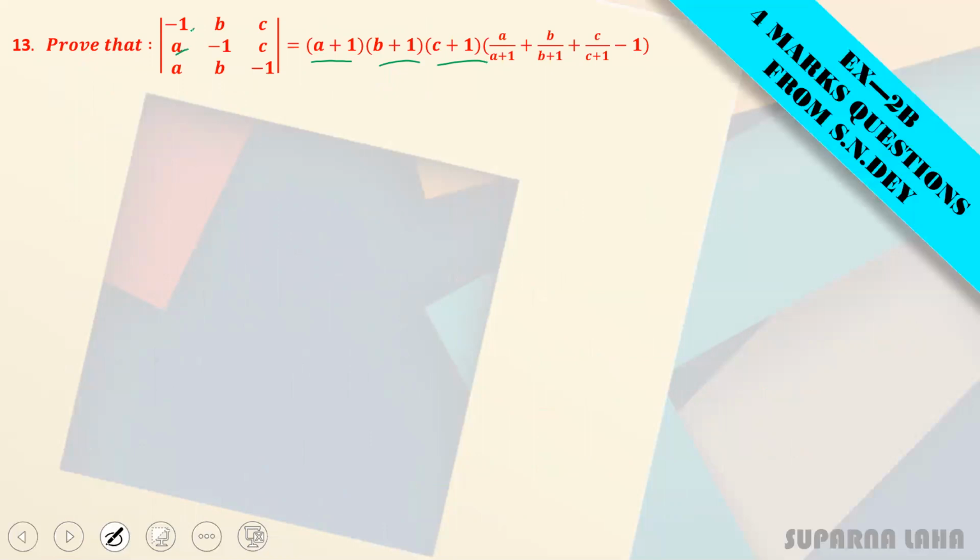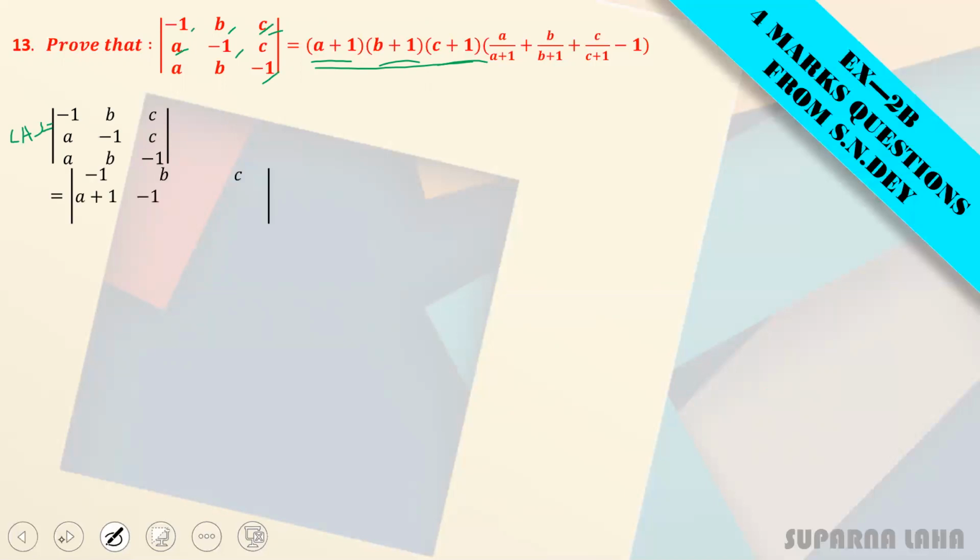A minus 1. So if we subtract it, a plus 1, 1 b, subtract it, minus 1 minus b, take minus common, so 1 plus b. And for these two terms, 1 and c, minus 1 minus c, subtract it from minus 1, so minus 1 minus c, take again minus common, c plus 1. So by this operation, maybe you can get these 3 factors. So let us check if we get these 3 factors or not. So this is your LHS. So let's start with this LHS.